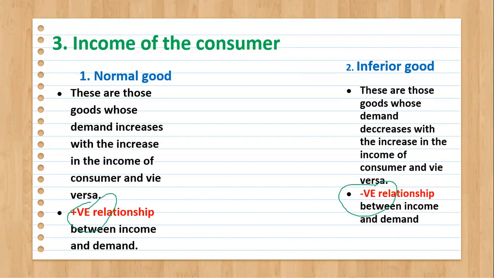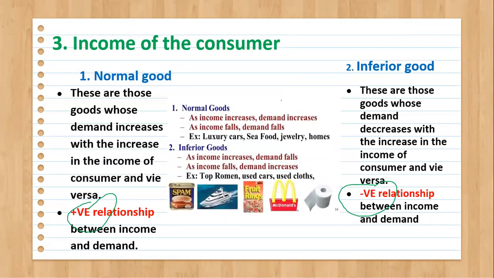Let's see with an example. Say toned milk and full cream milk. Right now you are consuming toned milk. When your income rises, you would rather prefer full cream milk. So full cream milk becomes your normal good and toned milk becomes your inferior good, because now you do not want that commodity. As and when your income keeps on rising, you would rather prefer some luxury goods, jewelry, right? Those become your normal goods, and you stop eating some low quality products. That becomes your inferior goods.